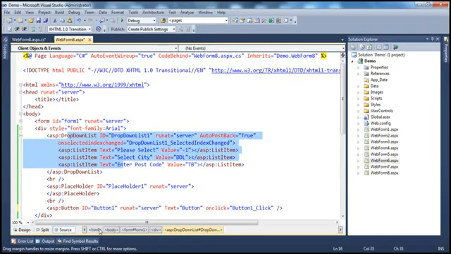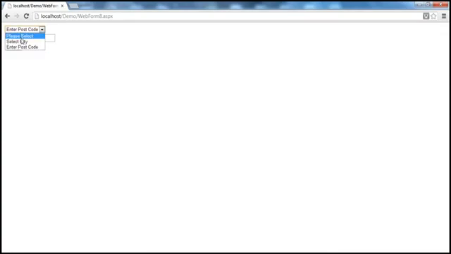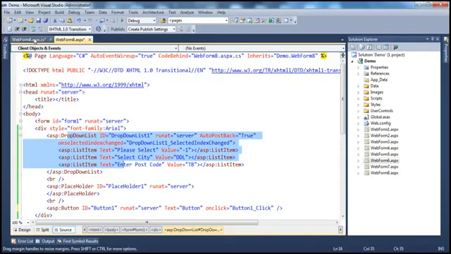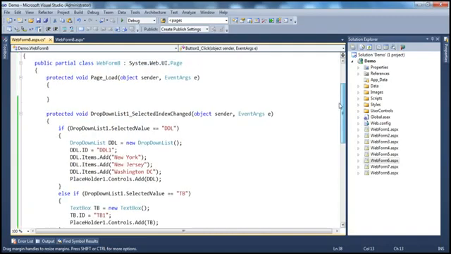Okay, but then when I select any item within this drop down list that I have here, at this point what happens? Another request goes, request for web form 8, so it's going to create an instance of this web form again, and then within the page load event we don't have any code, so nothing happens. But then after that, this selected index changed event of the drop down list one is executed, in which case